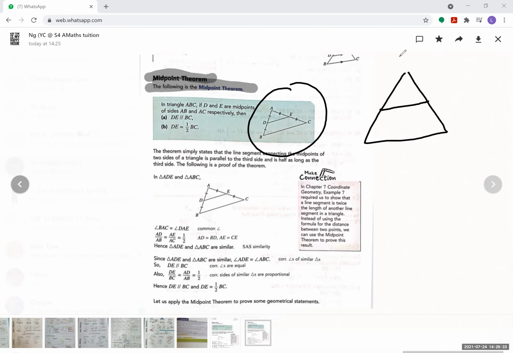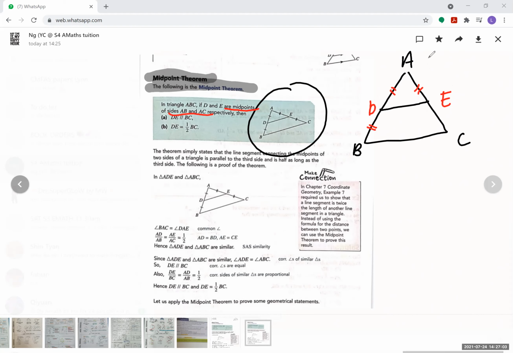So what happens is that we have triangle ABC. How to use the midpoint theorem? The midpoint theorem is when they say, for example, can you see the new points D and E? If they tell you that D and E are the midpoints of AB and AC. Now, guys, I want to ask you, for length AE, can I draw a double line? Yes or no?